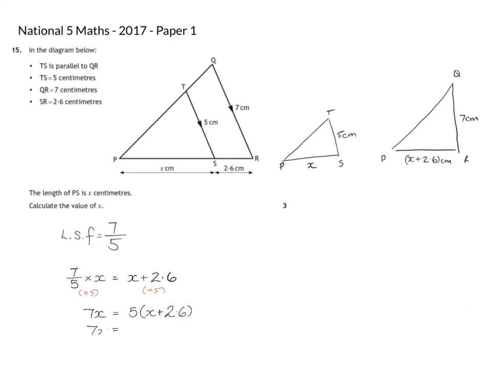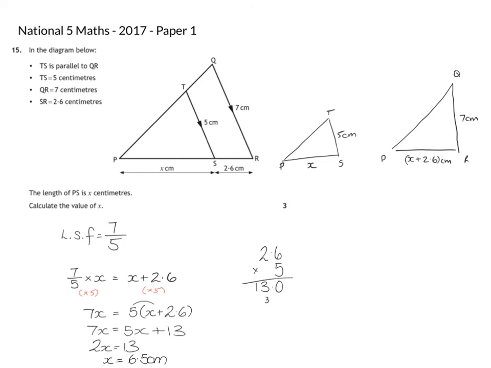So I get 7x on this side, easy enough. This one, I have 5x, and then I've got 5 lots of 2.6. So I do 2.6 times 5. So 6 times 5 is 30. 2 times 5 is 10 plus 3, so I get 13. So I get 7x is the same as 5x plus 13. Take away the 5x from both sides, I get 2x is 13. I take half of both of those, I get x is 13 divided by 2, which is 6.5